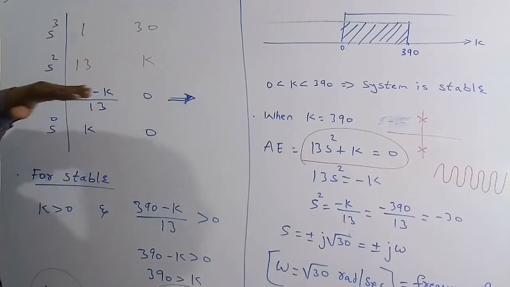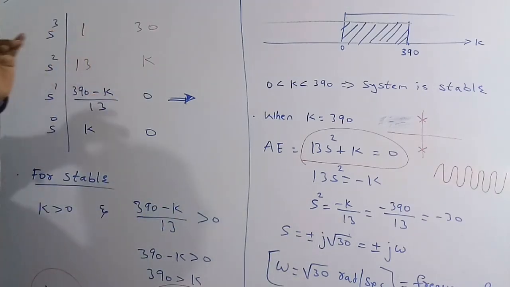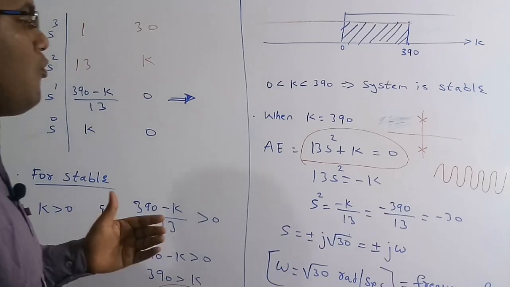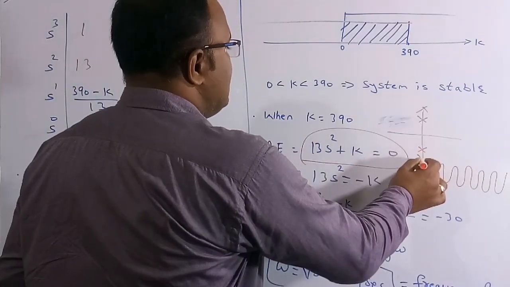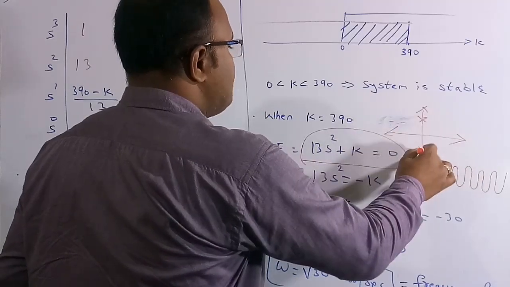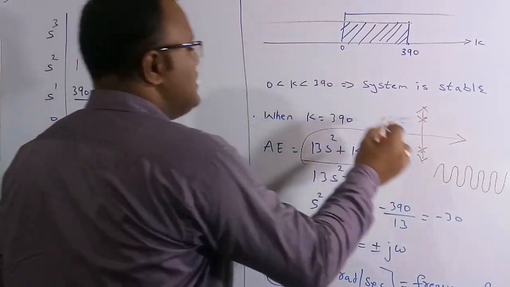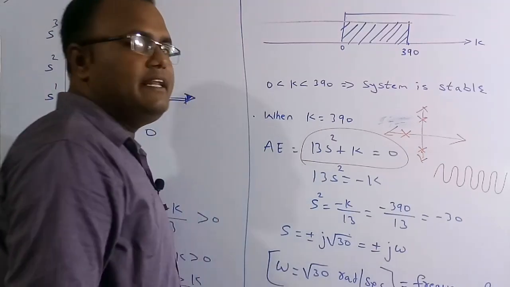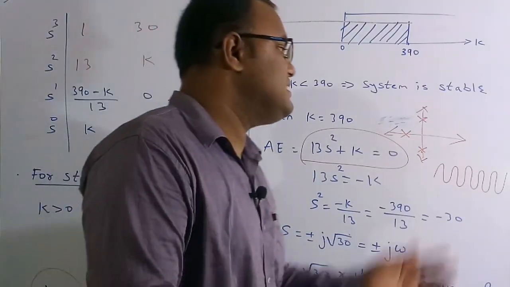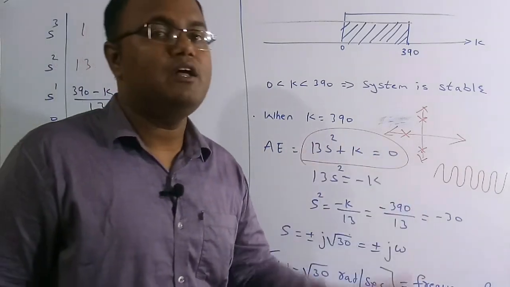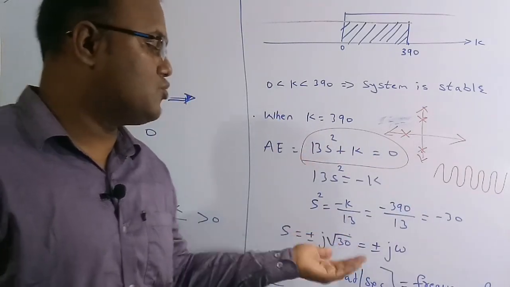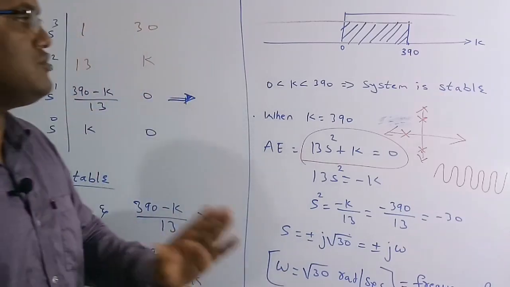row as 0. So therefore the upper part will be the auxiliary equation. By solving that we are going to get the poles, the roots, which are going to lie on the imaginary axis. Then we can say if 2 are lying on the imaginary axis, out of 3 roots the other root may lie on the negative x-axis. Because of this the system will be marginally stable, meaning it is going to oscillate for infinite time. The frequency of oscillations is root 30 radians per second. So this is the correct solution of this question.